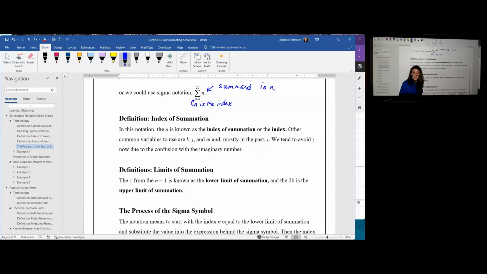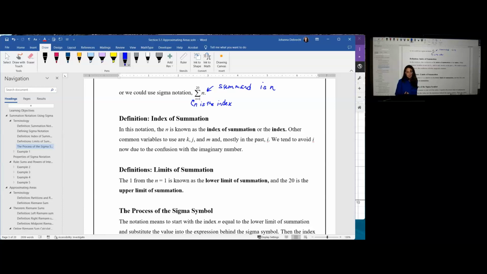As we'll see in calculus 2, it is possible to have more than one variable inside the summand, but the sum only depends on the index variable, not any other variable. We call the one that appears here the lower limit of summation. This one represents the first value for the index as we iterate. The 20 represents the upper limit of summation, the last value we substitute into the summand before we add all